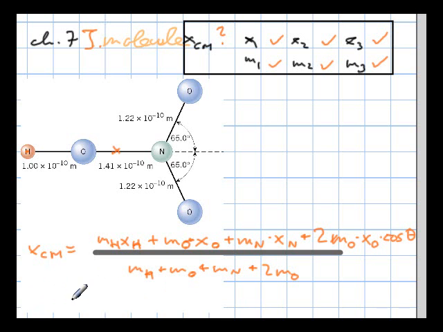And then you plug in numbers. I would just plug in numbers here without the 10 to the negative 10, and just say, okay, that distance here is 1.00. This distance here is 2.41. Notice that these numbers are the differences here. So the total distance from hydrogen to nitrogen is 2.41, and then here,